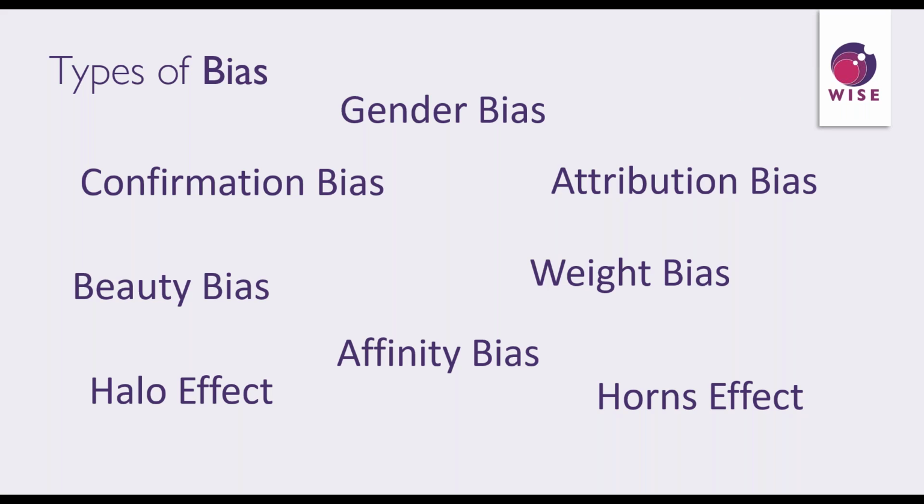The horns effect is the direct opposite of the halo effect. So it occurs when perception of someone is unduly influenced by one negative trait. For example, if we don't like the way someone dresses, we might assume they're also lazy and unprofessional, even though professionalism and competence are not related to attire. Being aware of these various biases can help you counter their influence over you and aid in more sound decision-making during hiring and promotion. And I'd urge you to go and explore these different